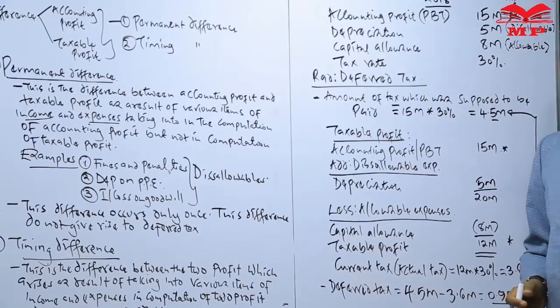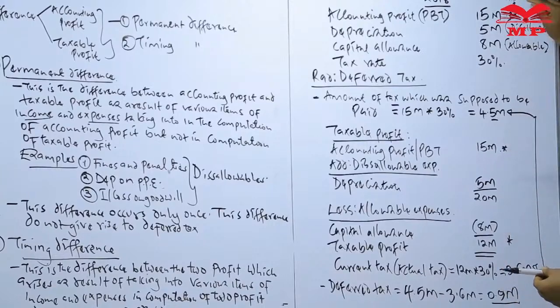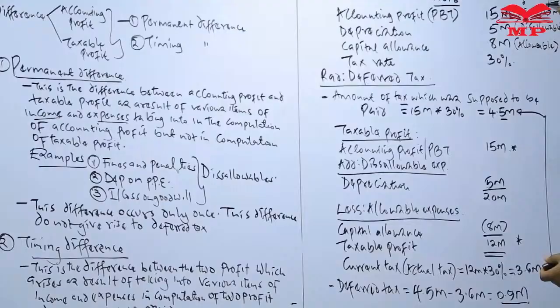But other than deducting that particular amount of 3.6, the company is also supposed to deduct an amount of 0.9. Now this 0.9 is known as deferred tax,